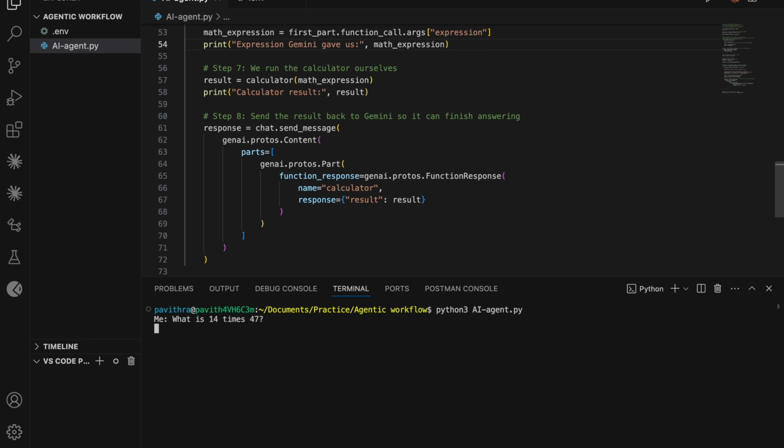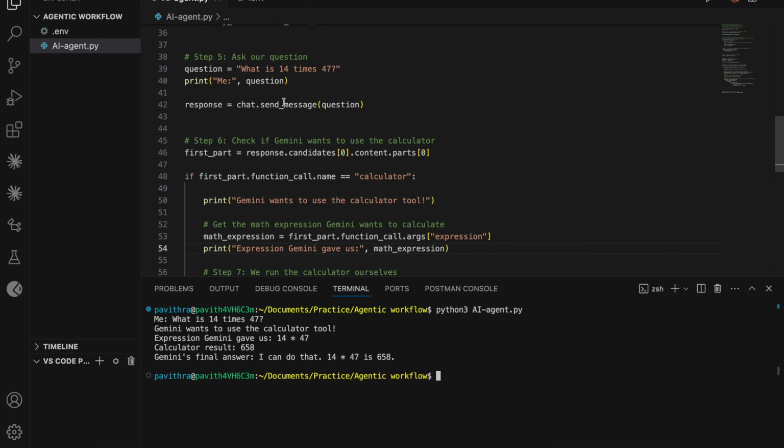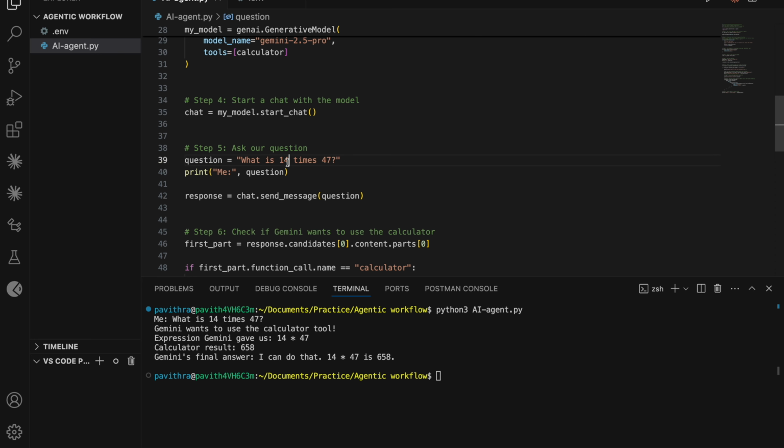So the user asks this question. Gemini wants to use a calculator. The expression has been made, which is multiplication, and we have an answer. So if we go and give it, what is 23 times